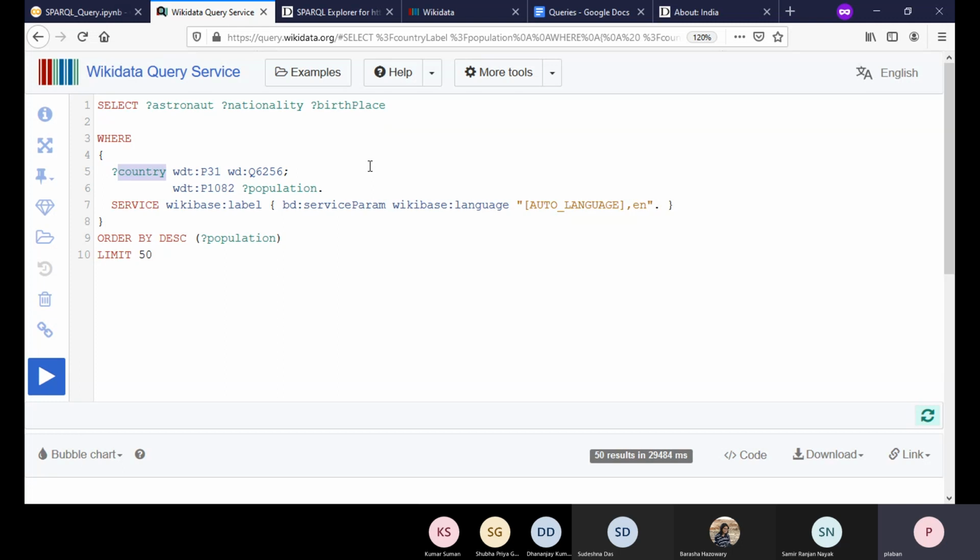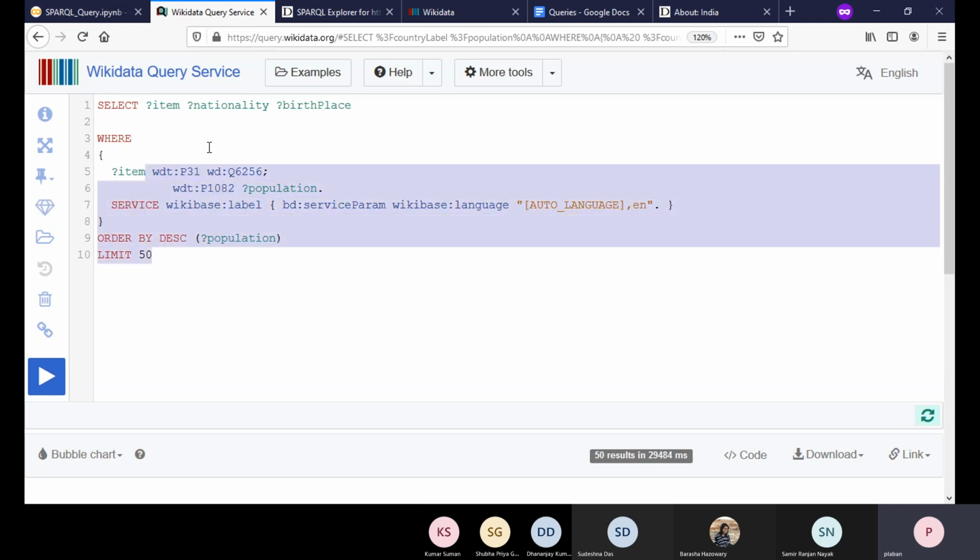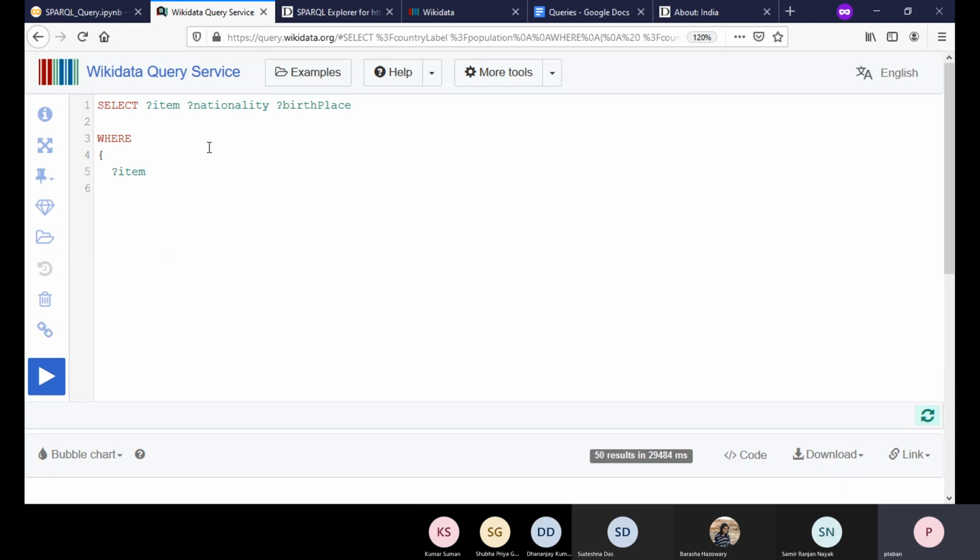Here I just say astronaut. Let me use some other variable, otherwise you will be thinking that I am just using astronaut for astronaut, which is not the case. I'm just writing item. Now here I need to change everything. So our item.